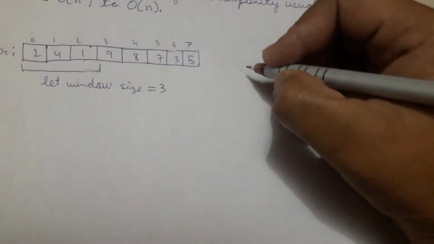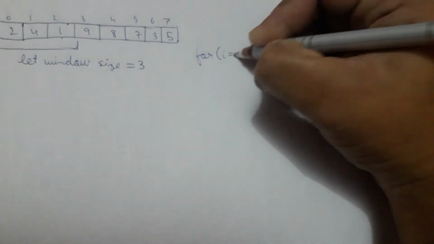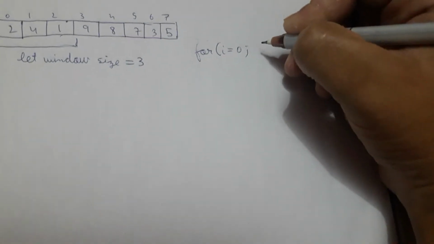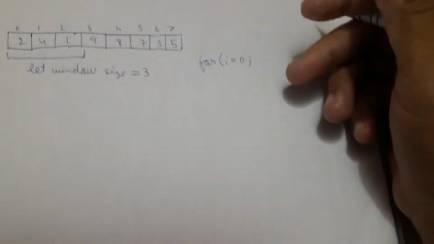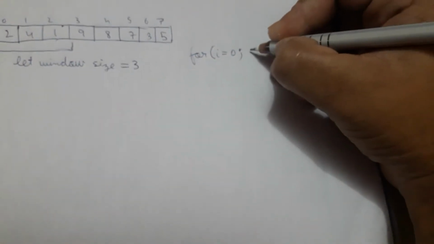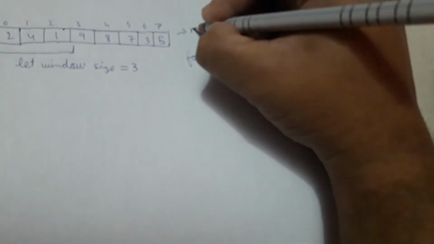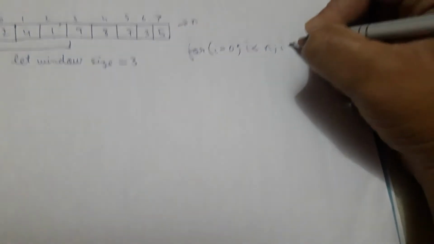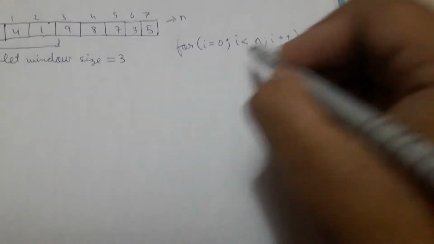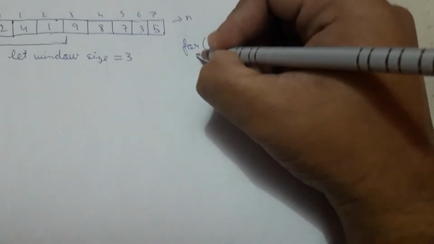How is that? Let's say you first write an outer for loop with variable I, for I equals 0. I'm using Java syntax, but you can use any syntax. In Python it would be for I in range something, but in Java this would be for I equals 0, I is less than the size of the array, which I'm assuming is n, and I plus plus. So you're iterating the outer loop from 0 to n minus 1. It's just the generic way you use for loops.